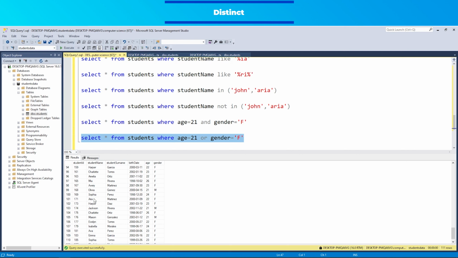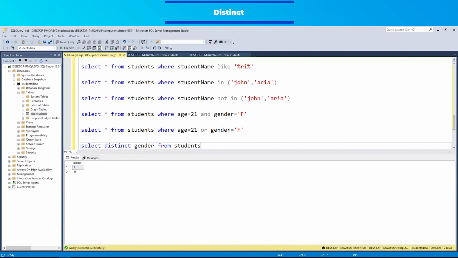The distinct command is used to retrieve unique values from a column in a table. It eliminates duplicate rows and returns only distinct values. With the query select gender from students, you can see that there are as many gender values as the number of students. When distinct is added before the gender expression, select distinct gender from students, only the two different gender types will be listed since there are two distinct gender types. Such a query lists how many different gender types the students have. In our example database, this number is 2.